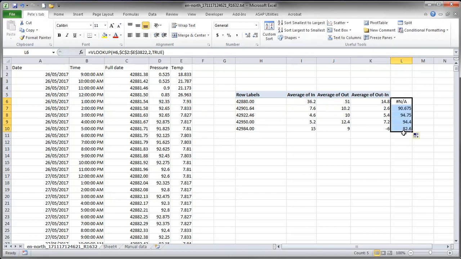And then we can drag it down. So now we've seen that on 42901 at 0.64 that the pressure was 90.75, 94.75, and so on and so forth. Now you'll notice that these dates are coded as 00, meaning that it was at midnight that day. I highly doubt that you were out at midnight that day. So in the absence of any other information, noon is going to get you closer to the actual value of